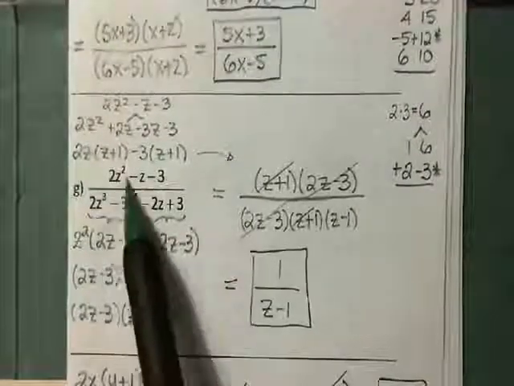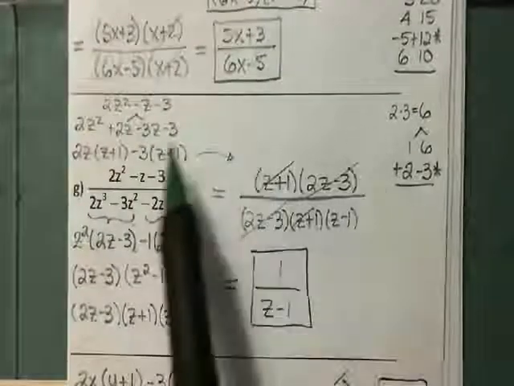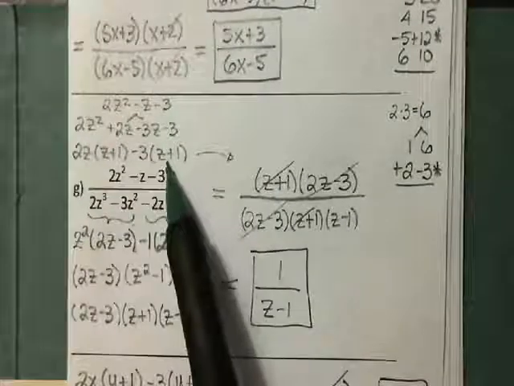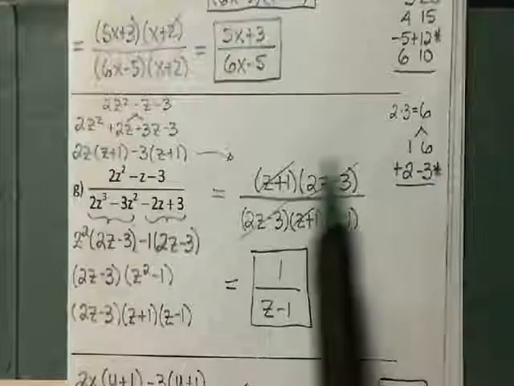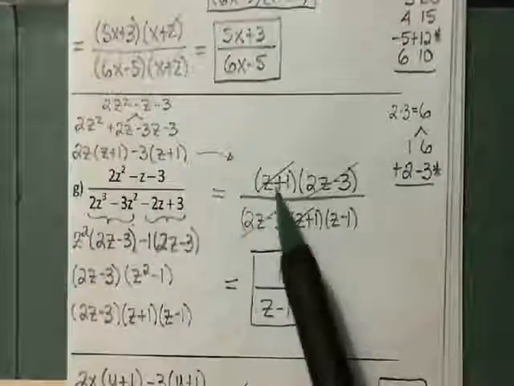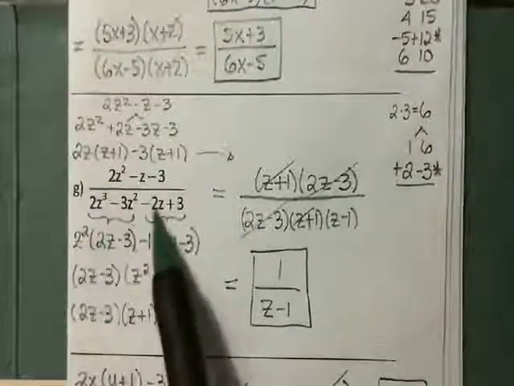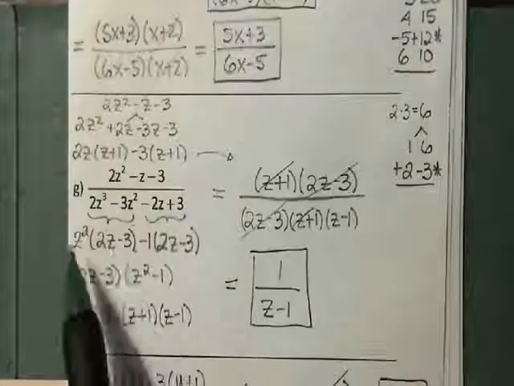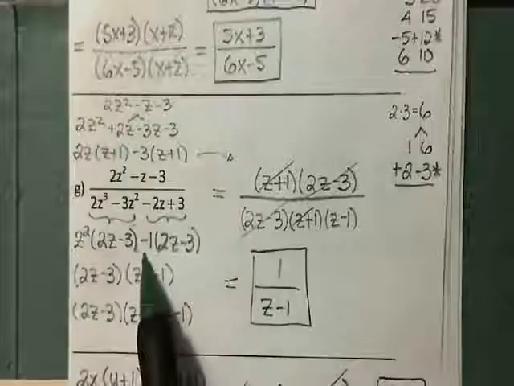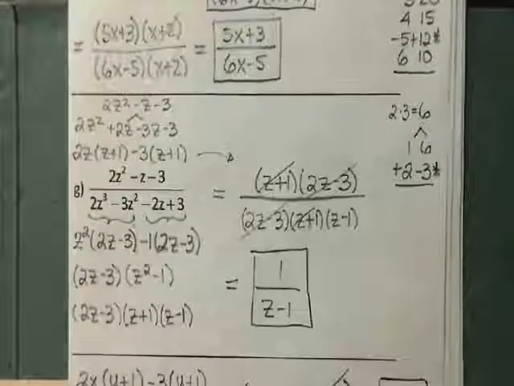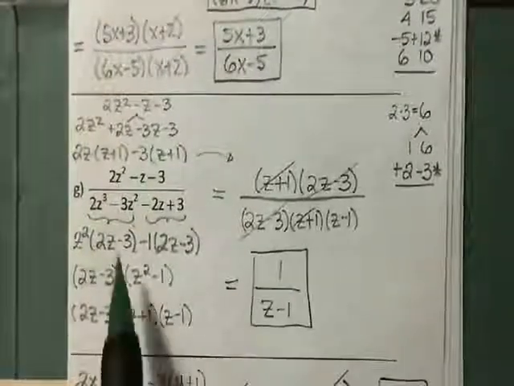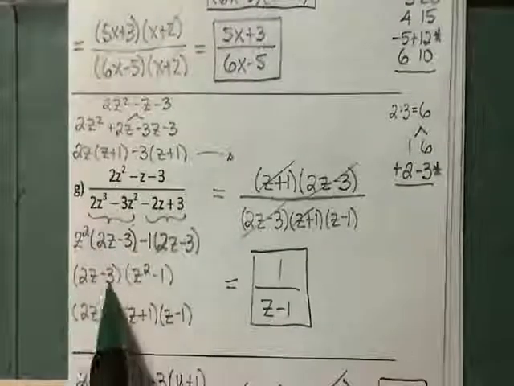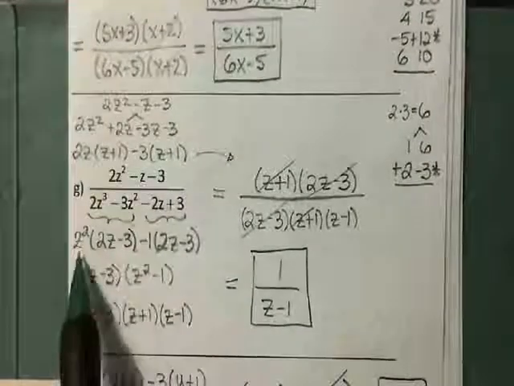So I basically copied this over here on the top, and I did the factorization by grouping. Here are my calculations. Basically I changed this guy into this. This guy over here, I did my factorization by grouping. And please notice that here I was able to factor out a z squared and here a negative 1. And when I did the grouping, what repeats is the 2z minus 3,